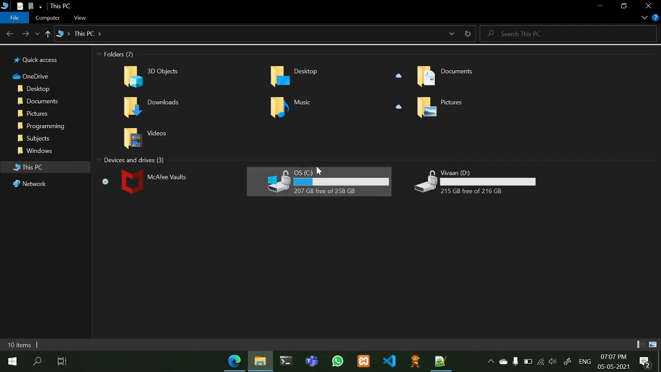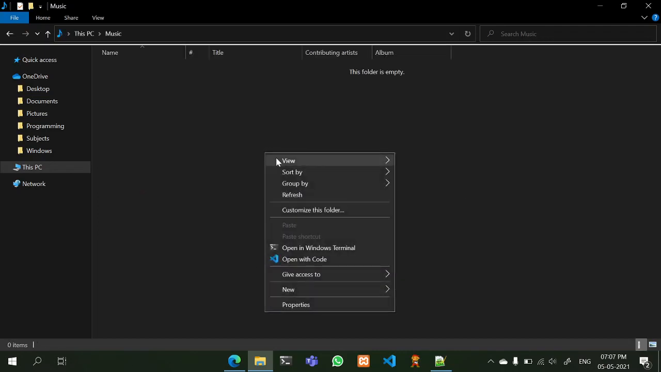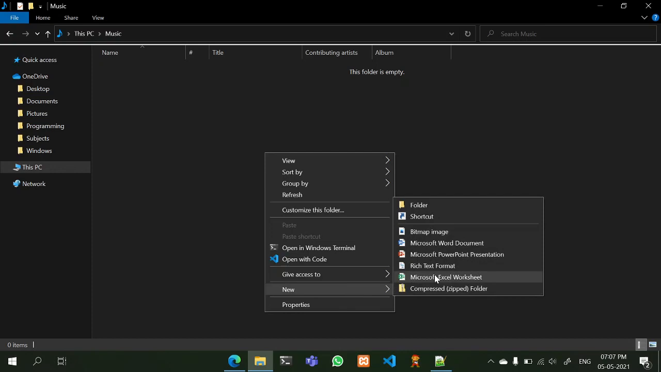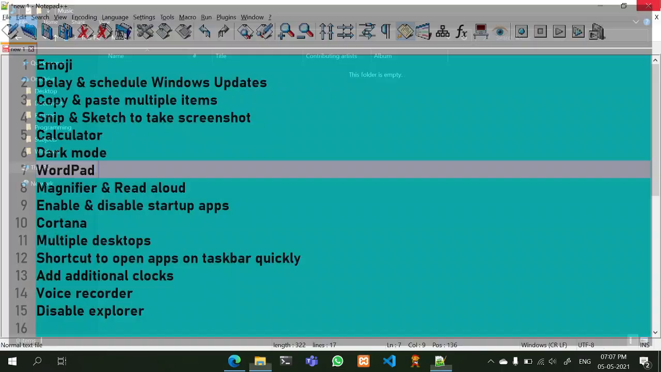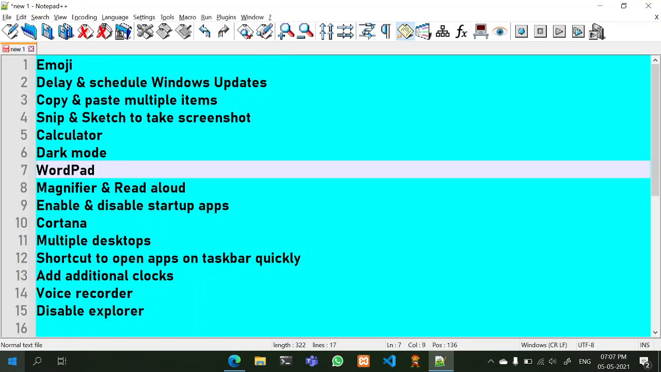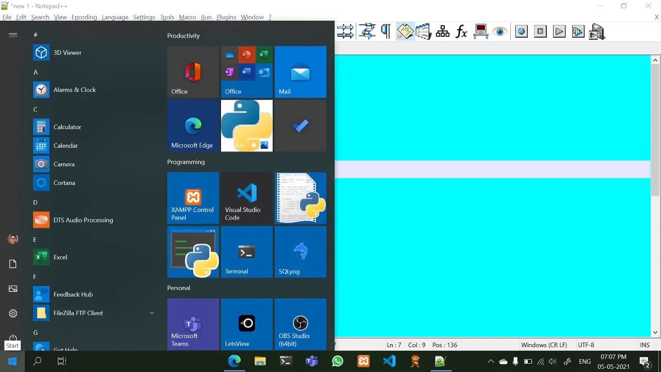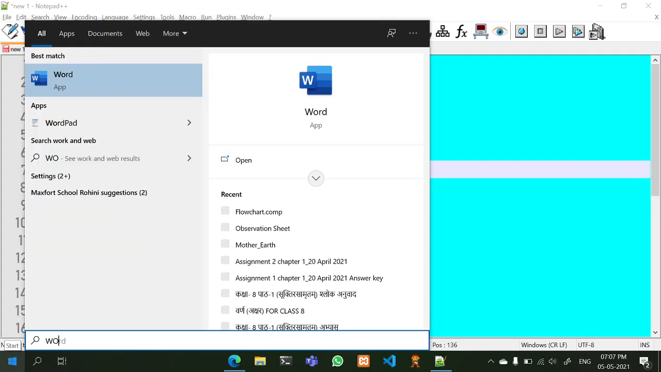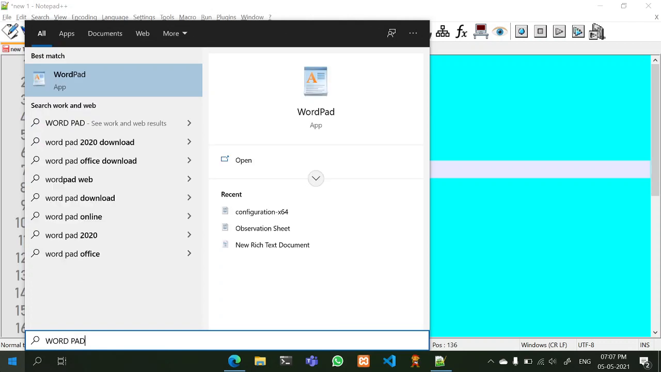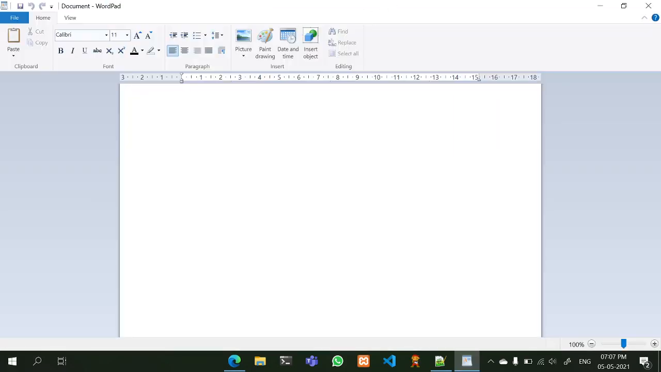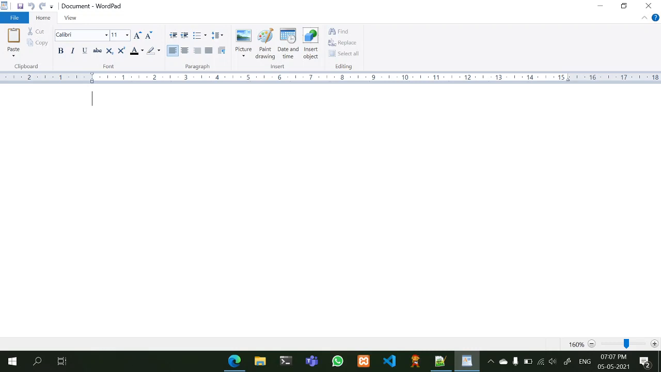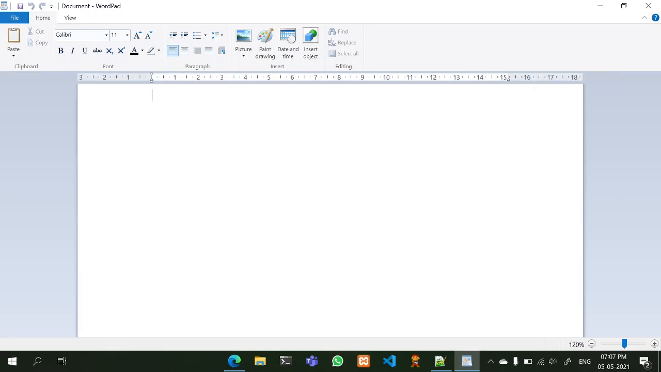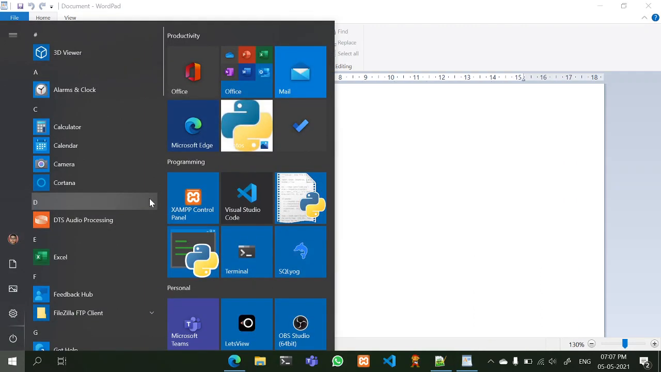Here, let me go to anywhere. Let's go to music and then new rich text format. So you have to install a text editor, but no need. There is one in your Windows operating system, and it is not only a rich text editor. You save installing any text editor you can install, but the thing is that if you are using Word,